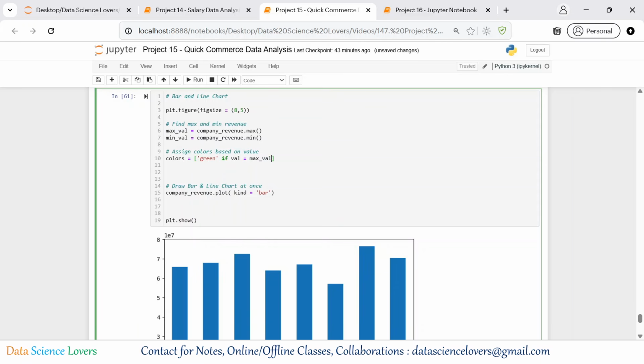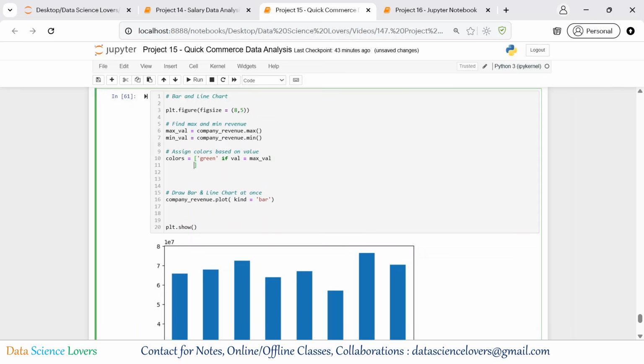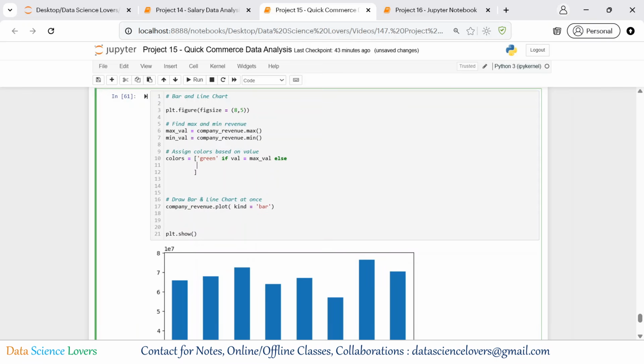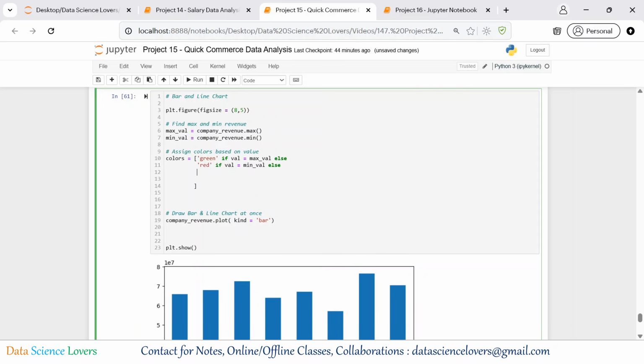If the value is maximum, it will choose this one, and else we will give the red color in case the value is minimum. So red if value equals this one, the minimum value. Copy this and paste here. And else for the other remaining bars we are considering the olive color,